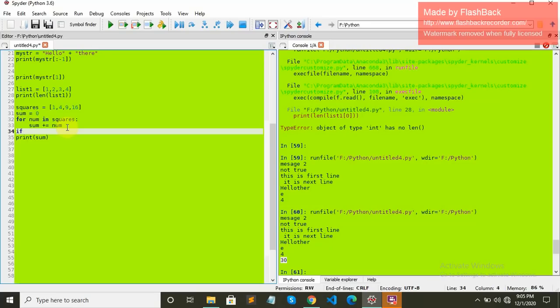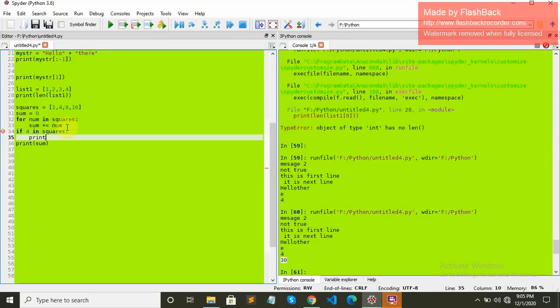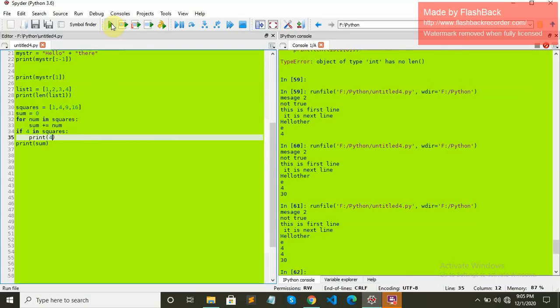If 4 in squares, then we will print 4. Let's see. You can see 4 is getting printed. Why? Because 4 is in the squares list.